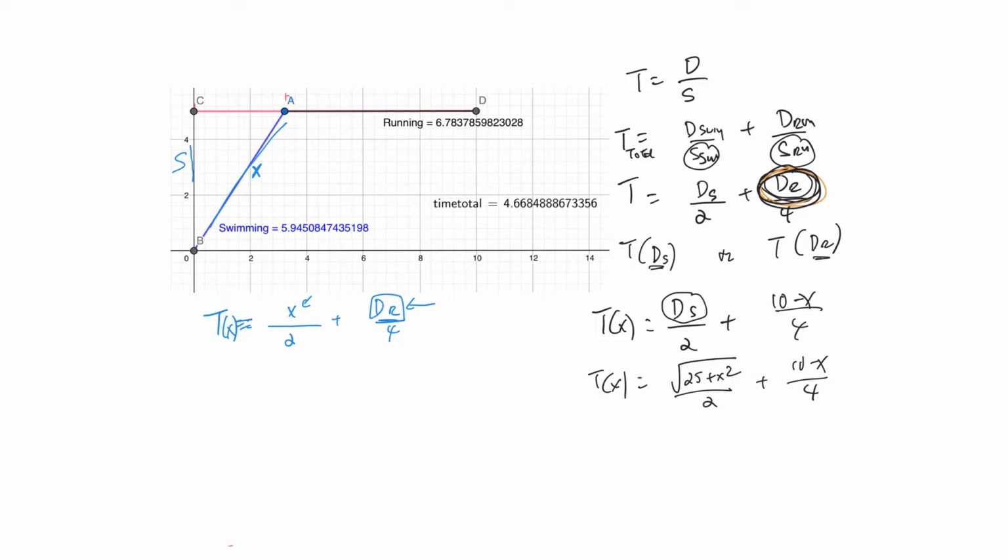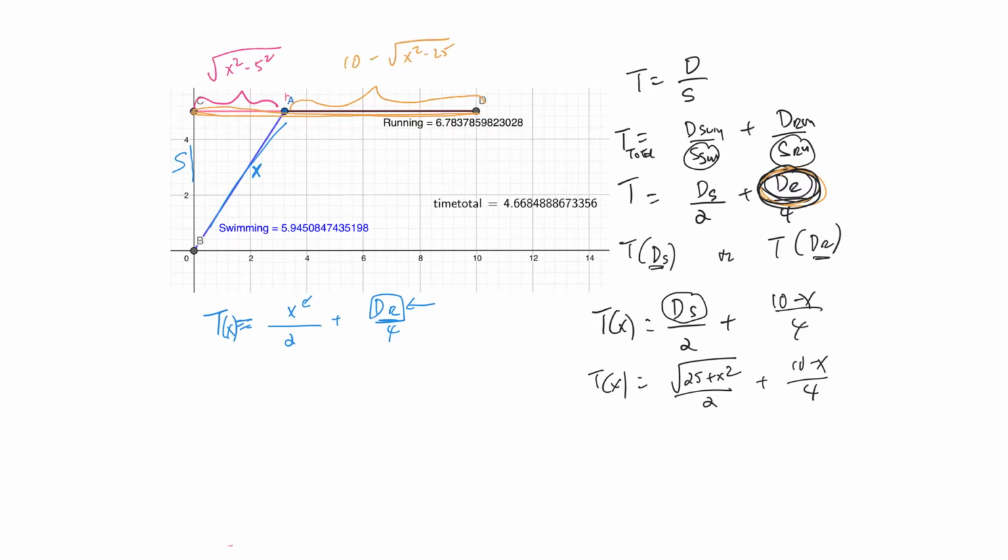So I'll use pink for here. In this case, it's going to be the square root of x squared minus 5 squared. I'm not going to show all the details of the Pythagorean theorem. Now, to get the running part, I'll use the orange color, so this is your running part. The whole thing is going to be 10, but I don't want the pink part, so I'm going to subtract it from 10. So 10 minus the